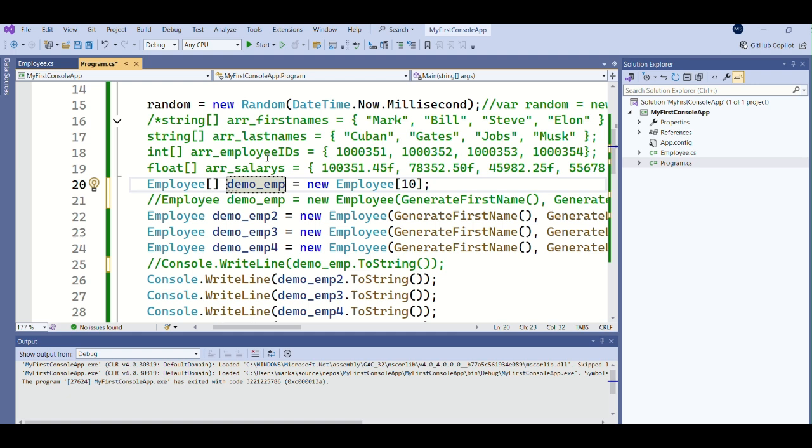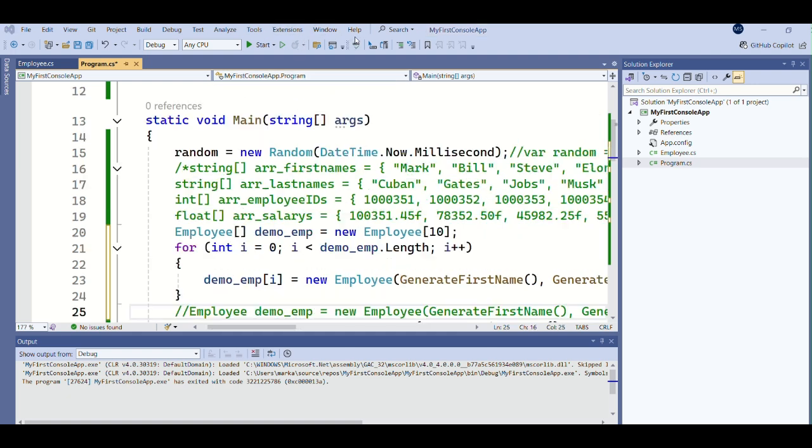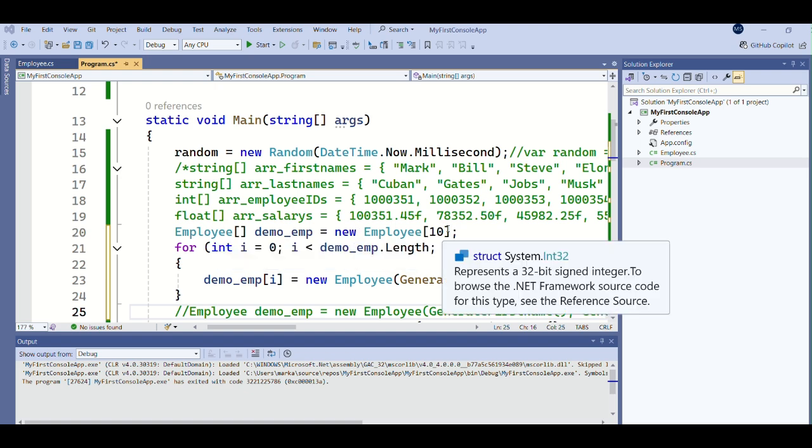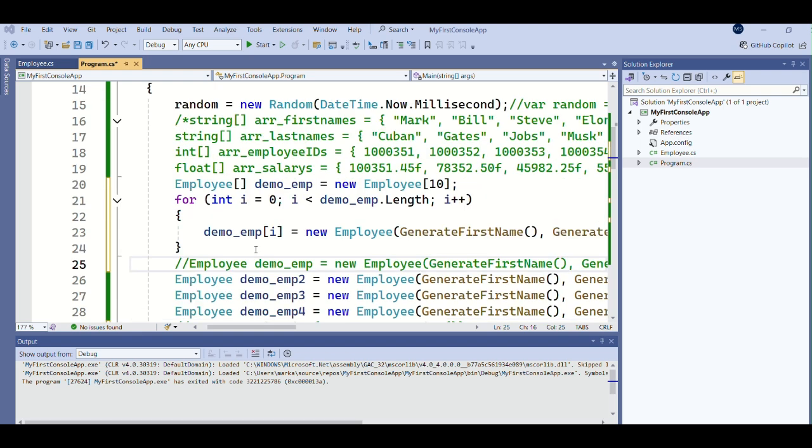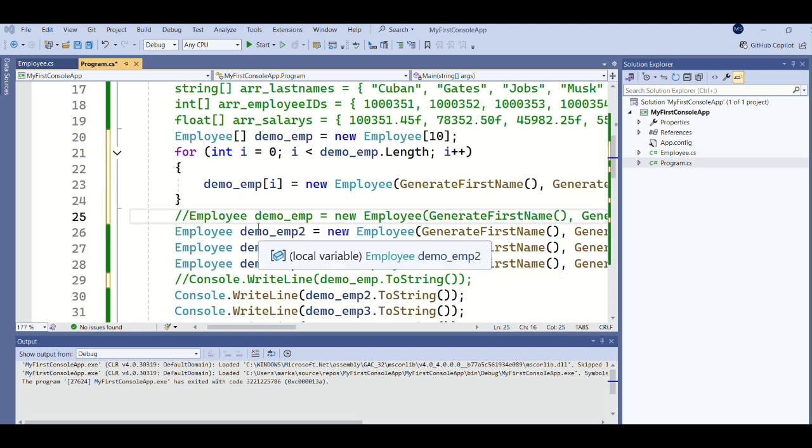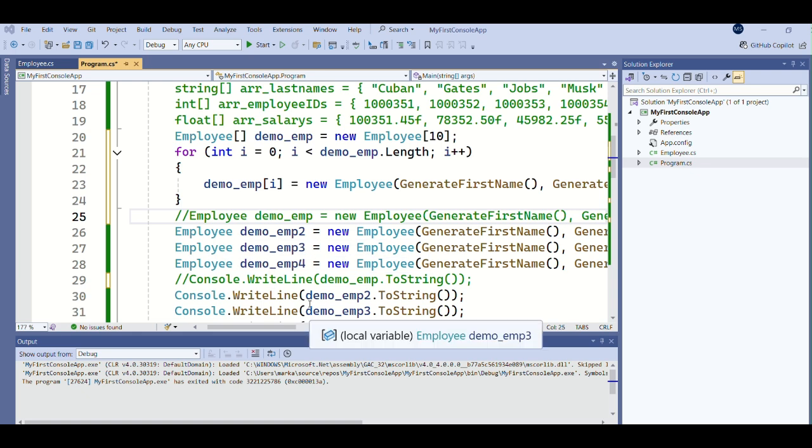So let me set that up and then we can analyze. Okay, so I created that new employee array of 10,